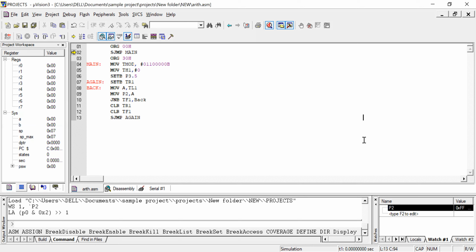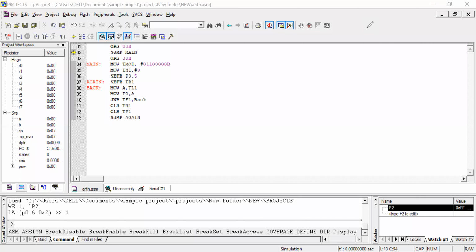Port 2 I have initialized. Where is my input? See, the input is P3.5. On this particular pin of the 8051, I'm going to give my clock pulse. Manually we should give the input.